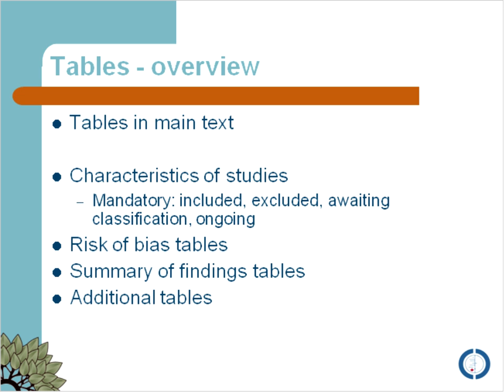Sorry, it should come back up. There we are. And so in addition to the suggested or fixed headings that are provided within RevMan 5, you can add some user-defined ones as well. So I'm just going to add one as an example. I'm just going to add funding source. Just give me a moment to type this in. Okay, just like this, and then I'm going to select OK. And then it should come up. Okay, so here we are. There's the funding source one.